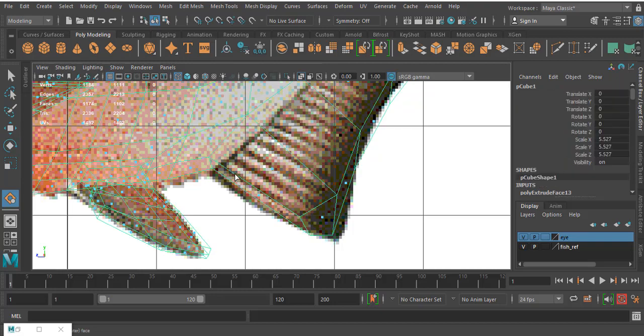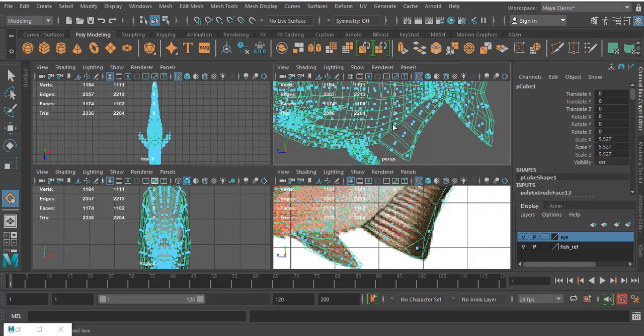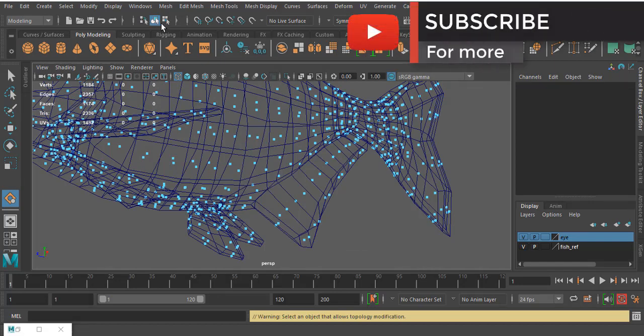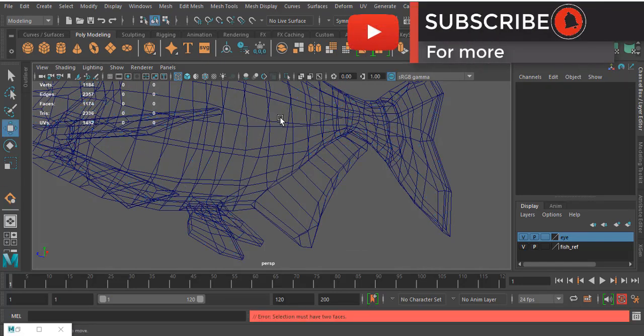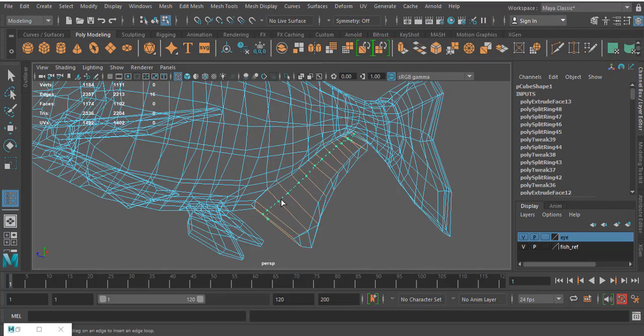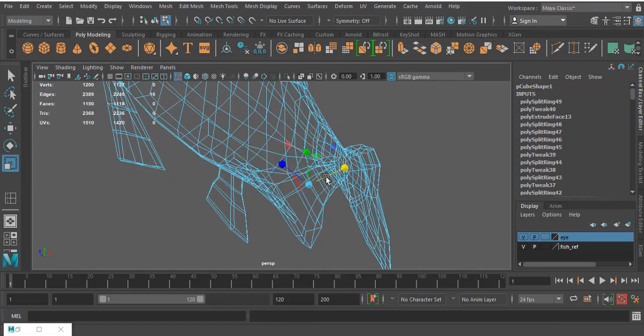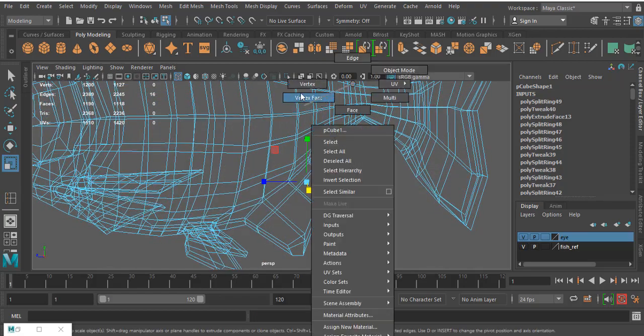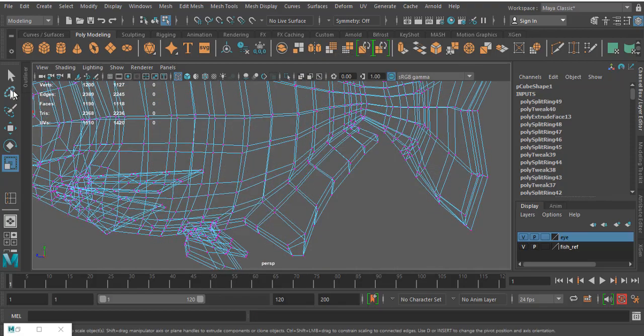I think you noticed that the only important tools I've used for this modeling method are the insert edge loop tool and extrude. Vertex like Photoshop, you can use this lasso tool over here. So click lasso tool.